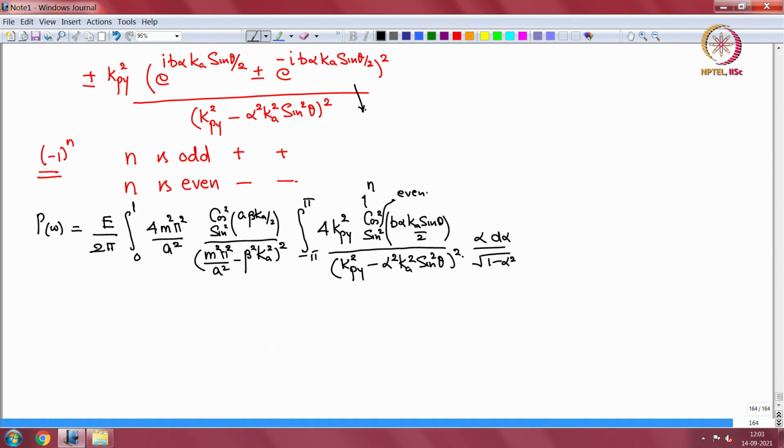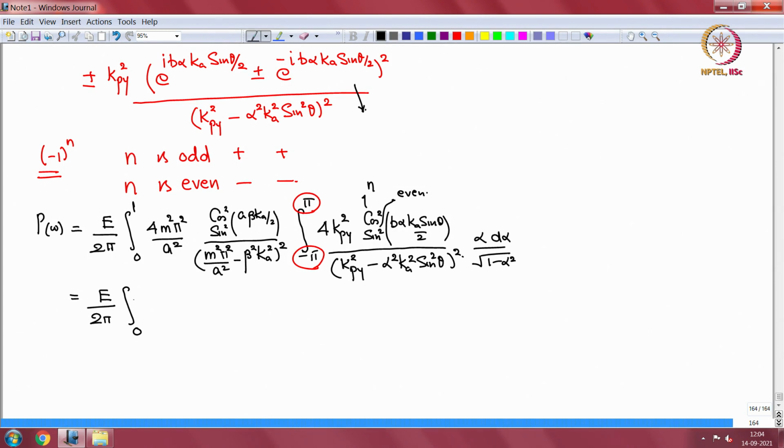Okay, now finally this has a certain repeatedness over 0 to pi by 2. This integral is going from minus pi to pi, so over full twice pi range. However, it has a certain evenness about 0 to pi by 2, so that it repeats, and so we will write it as 4 times that. Okay, so when we do that we get an extra 4, so we write it as e over twice pi